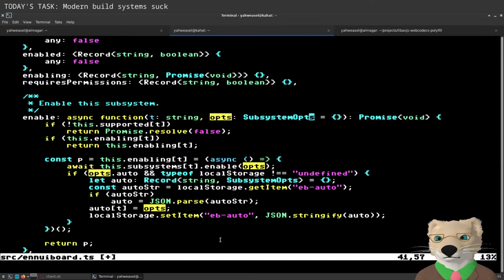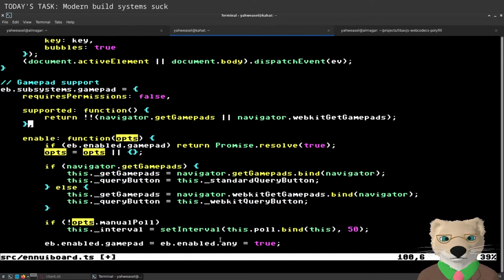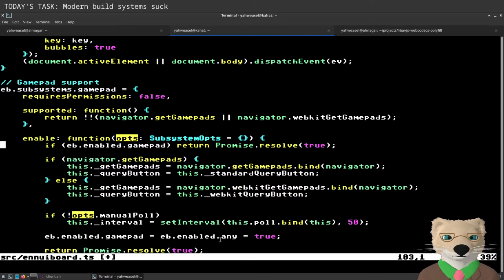This is now a name type. Okay, if it's already enabled, then we just return true. I'll make this a default argument so I don't do that anymore. I'm betting that I'm going to get type errors around here.